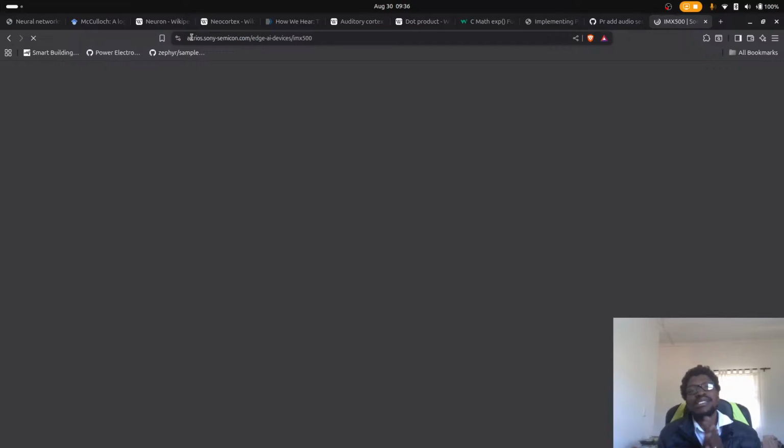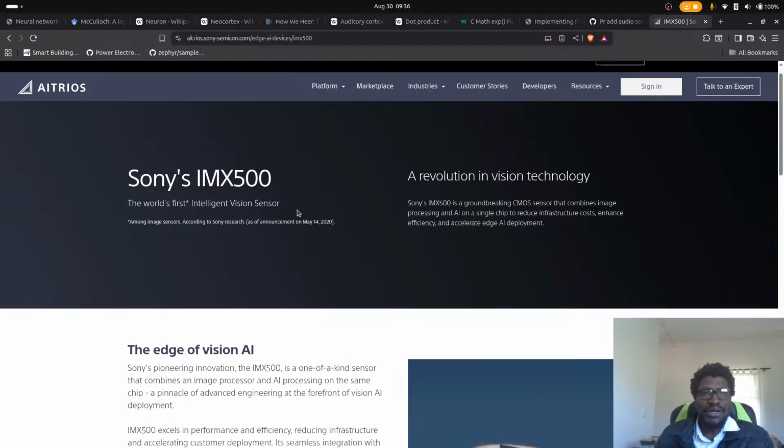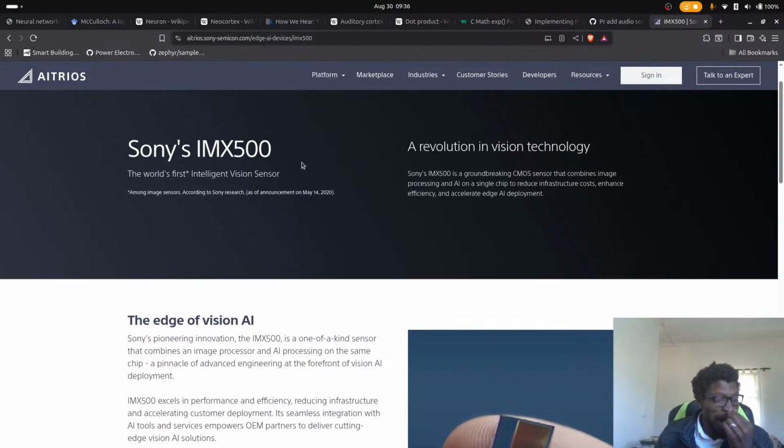So Sony is releasing an IMX 500 chip, which is a vision sensor that has a neural network on board. And you can use this neural network to do stuff. However, the thing about neural networks is, before you know what neural networks are, you can't really use them. Okay? So we want to kind of build up,